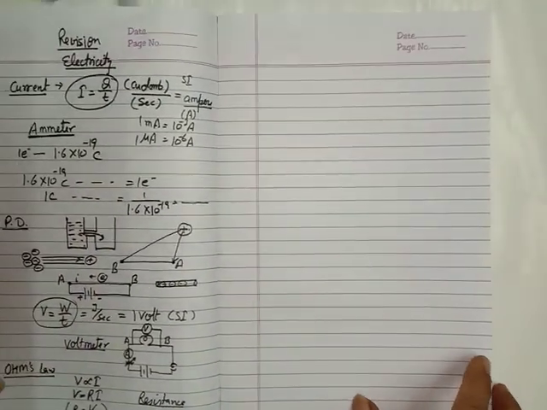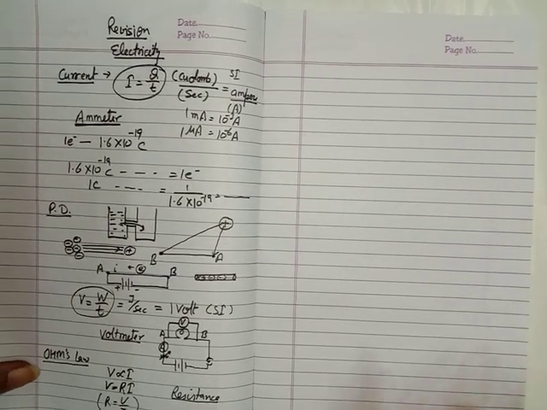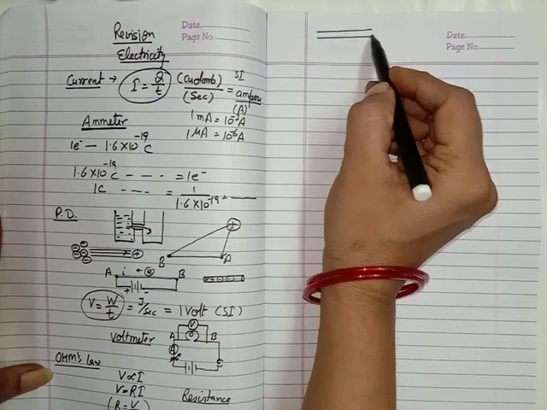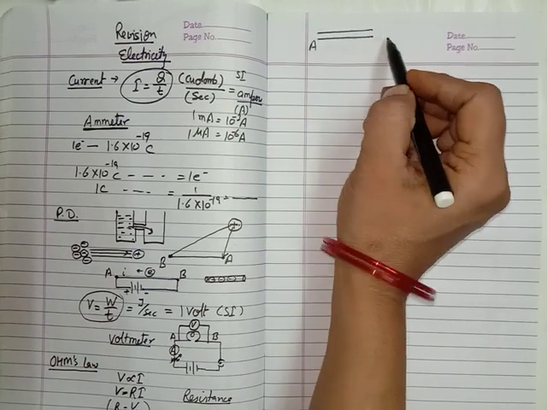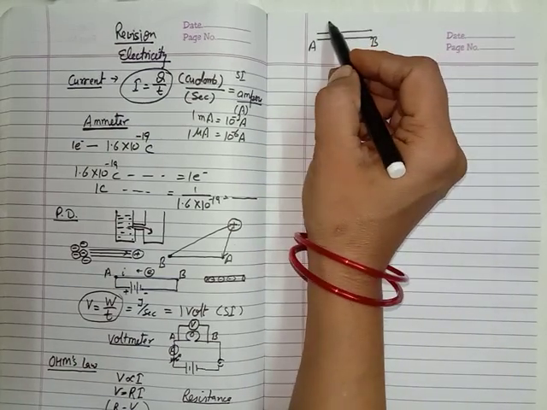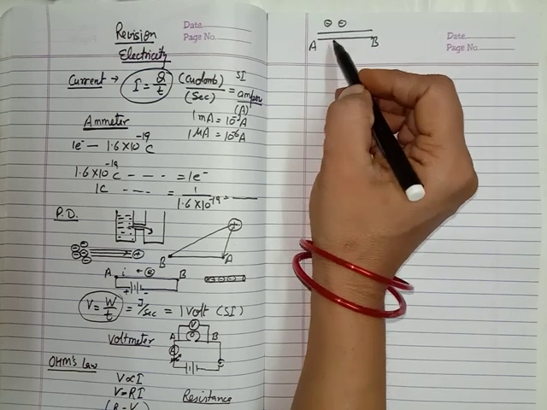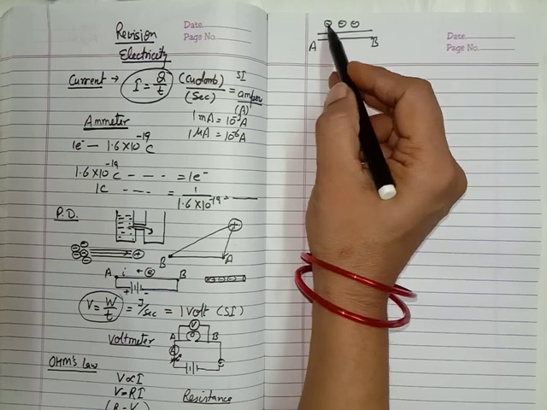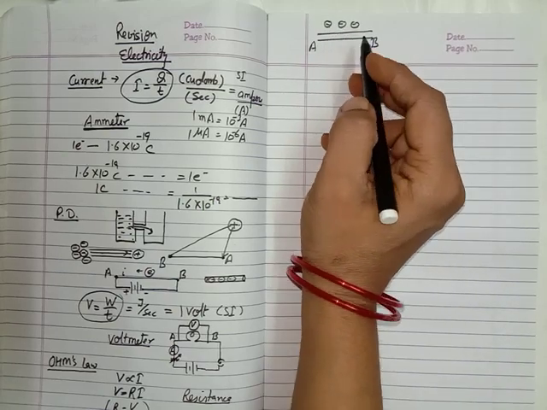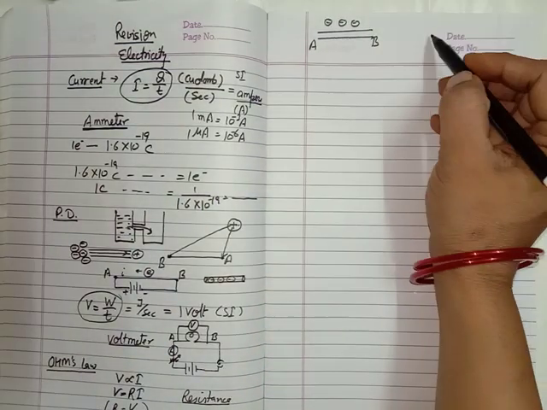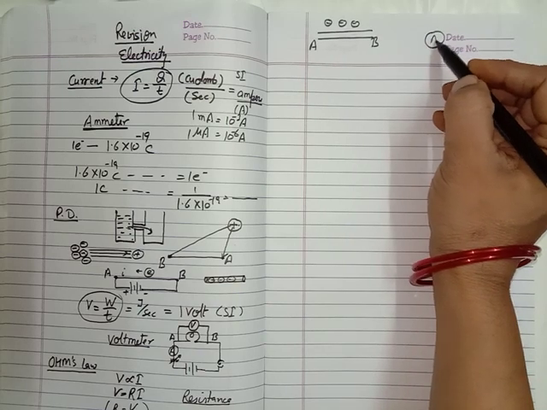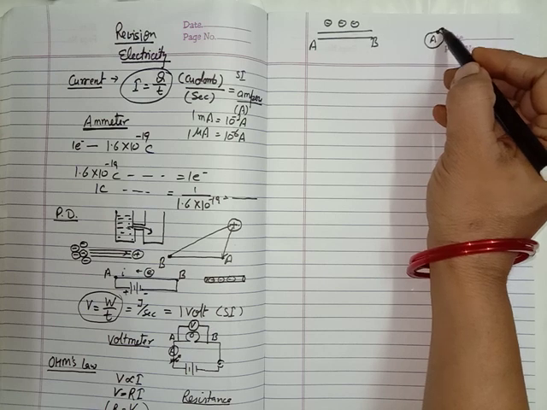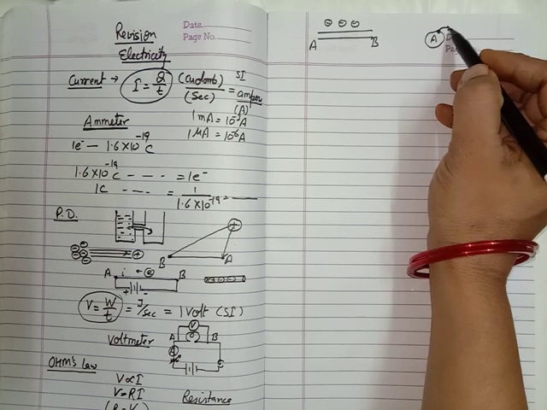When a current flows in a wire, suppose this is a metallic wire, and we know that every metallic wire has some free electrons in it. These are the free electrons. I'm representing the free electrons here. From where do these free electrons come? This is the atom, and when the electrons of its outermost shell are removed from the atom, these electrons are called the free electrons.